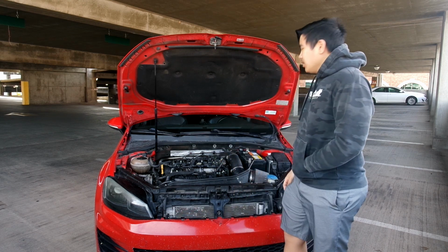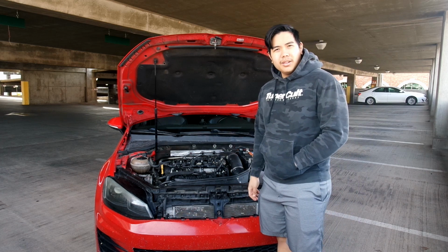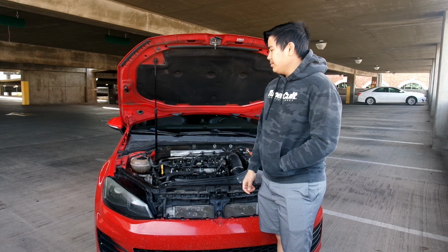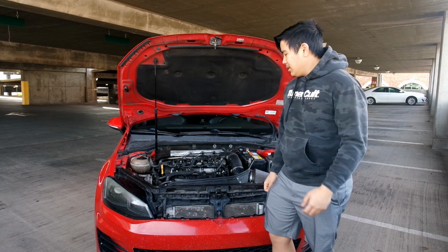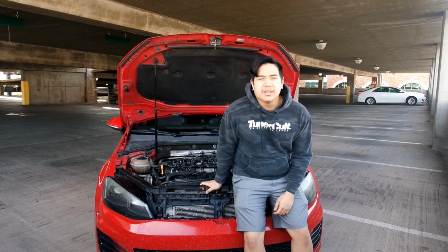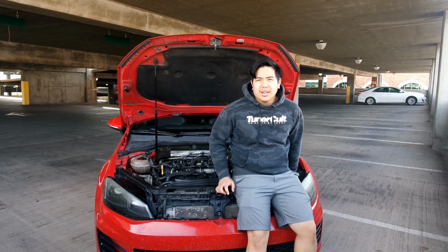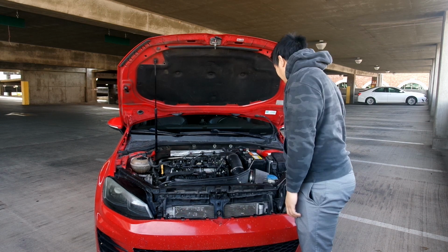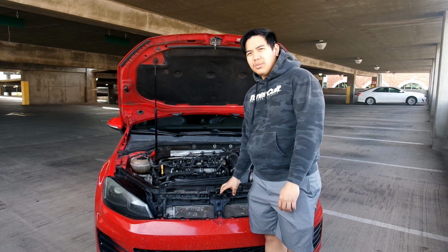So okay, let me pop the hood. I start pulling the little lever on the driver's footwell to open the hood, and my hood didn't pop. I was like, okay, that's weird. So I kept pulling it, tugging it. I didn't break the lever though, so that's good. Yeah, I didn't put back the linkage mechanism because I had to take out the hook over here, the hood